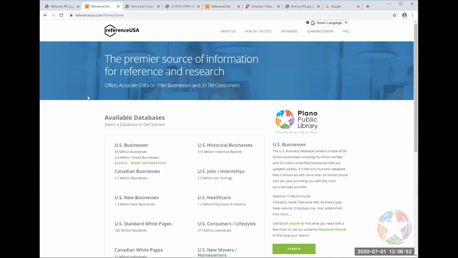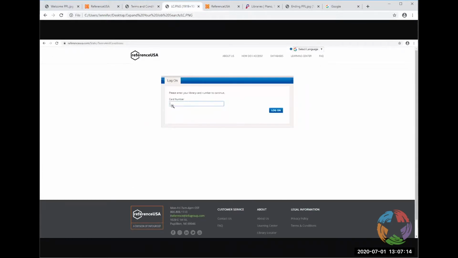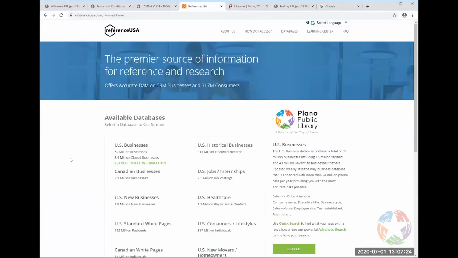One thing I did not get a chance to show you, because unfortunately I had gotten into this earlier so it skipped over this, is that when you first try to go into this, it's going to ask you to agree to their terms and conditions. You're going to have to agree to that here and continue. Once it does that, it'll ask you for your library card number, and then you're going to log in here. So just know that those are two things you're going to have to do. Okay, and so let's get here. Once you do that, you'll get here to this.